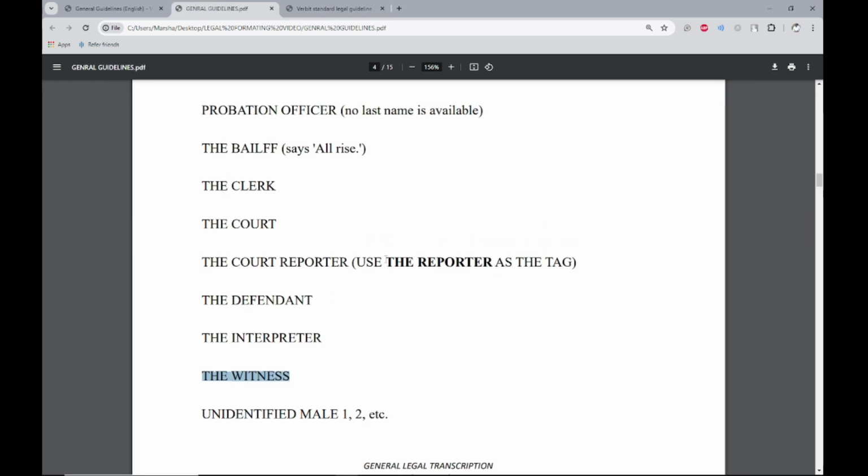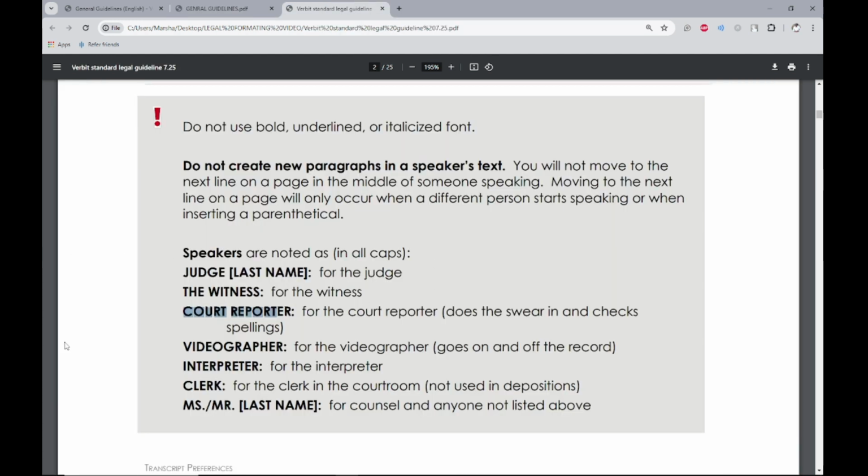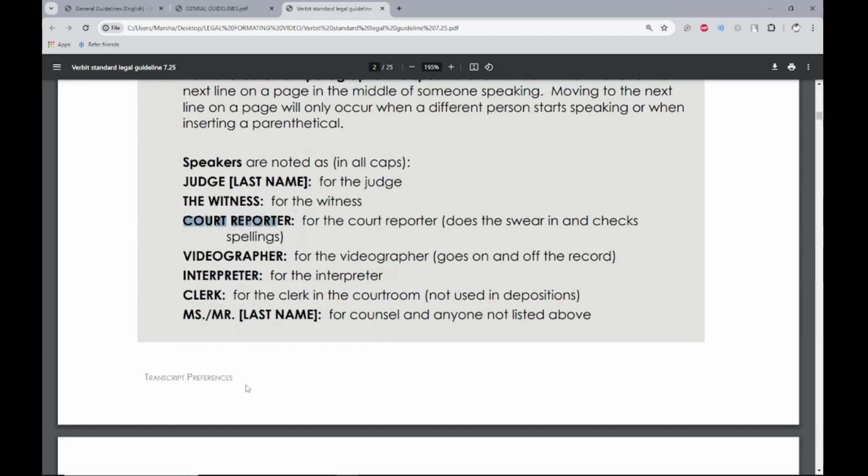Okay, like this one here, the reporter. All right, but others will tell you to use the court reporter, as you have seen in this Verbit general legal guidelines. All right, okay,